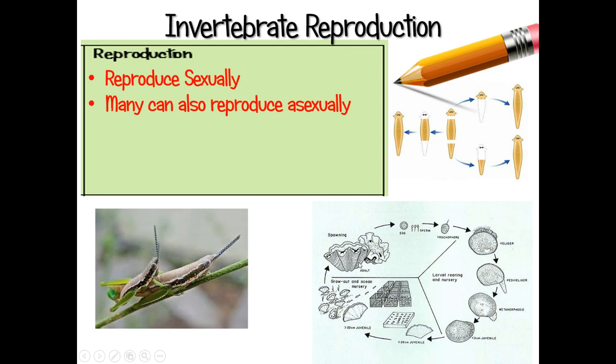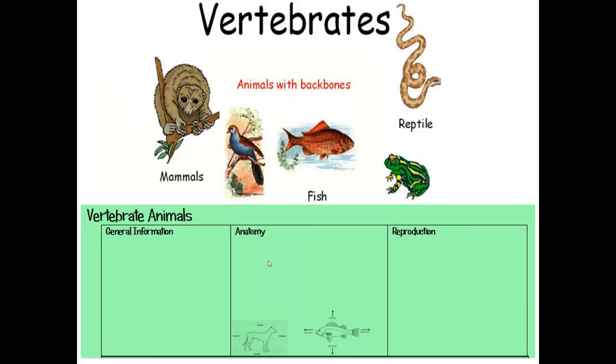A lot of marine animals, when they reproduce sexually, they actually just release those gametes into the water, and then those cells will meet in the water, and then the larva will form, and they usually live for a certain period of time. It's like free swimming larvae until they start forming into the adult version. So this can get very, very complicated. We're not going to get into detail. Just know that invertebrates can reproduce both sexually and asexually.